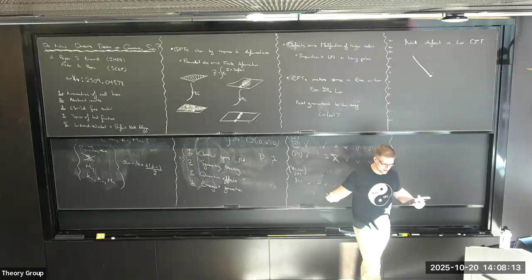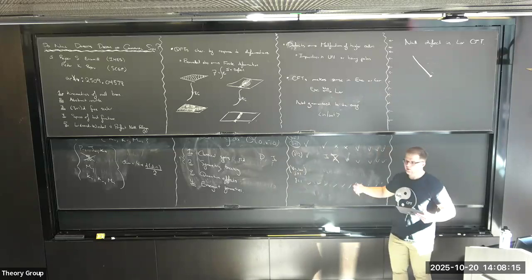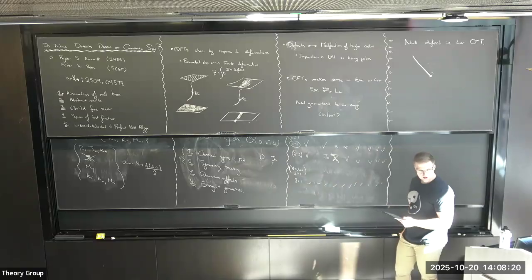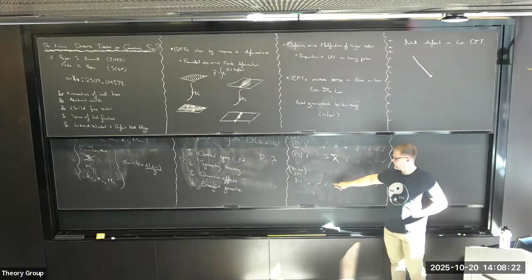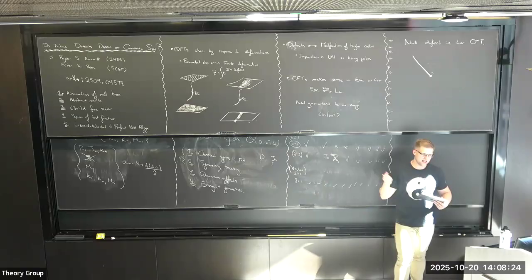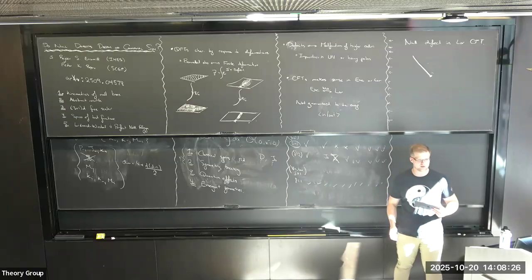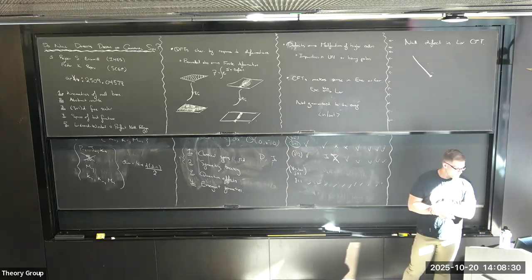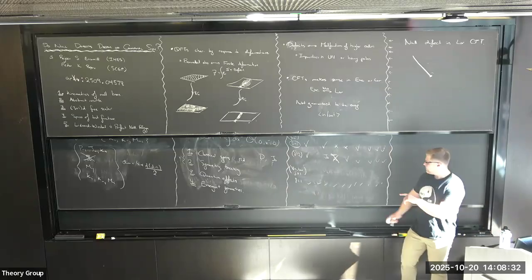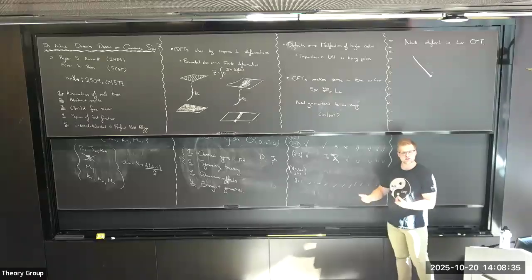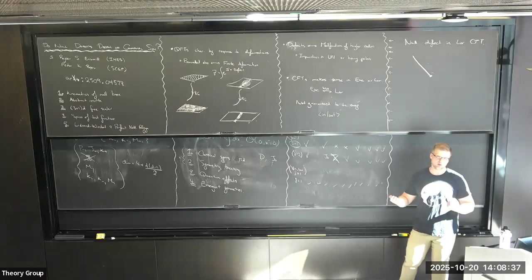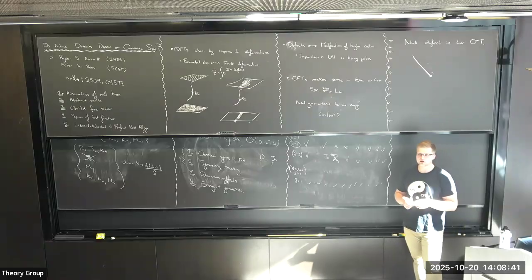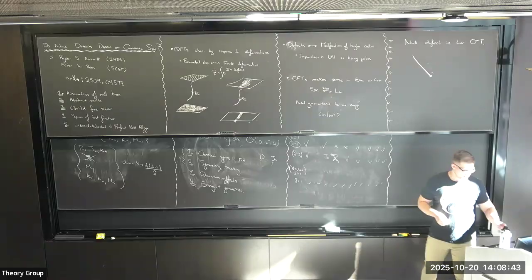You could add a pinning deformation in the UV, and then do some RG flow, and in the IR you have all these symmetries reemerge. This would be like a null Wilson line. The null Wilson line is the only hope, at least classically, of preserving all these symmetries at the level of the action. In fact, this fact that the null Wilson line preserves all these symmetries is super important as well. It also means that the null Wilson line is inherently half BPS. It preserves all the R symmetries as well, if you're in N equals 4.